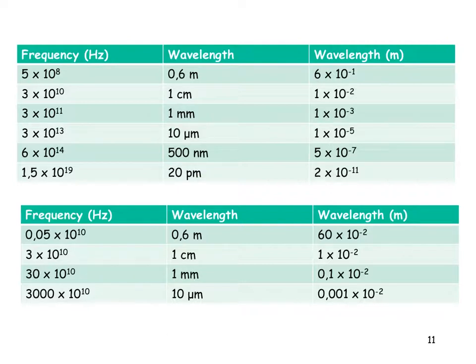it is much easier when I convert all of those into meters, and I can then see quite clearly that my exponent on the 10 is getting smaller and smaller and smaller, from negative 1 all the way down to negative 11, which means that this number is becoming 0,000000002. All right, what we now need to do is, let's say we're asked to plot a graph of frequency